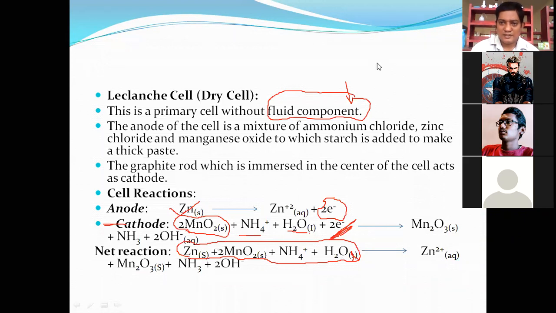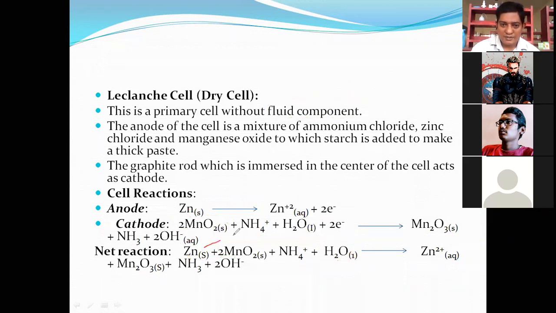You see here. Now we'll see the reaction, right? Which is oxidized? Zinc is oxidized. And which is reduced? Manganese is reduced. Then what is the medium? The medium is known to be acidic electrolytic medium. Now we will see the chemical reaction. In the chemical reaction, the zinc metal cap is oxidized. Loss of electrons is known to be oxidation. Manganese powder on the graphite rod undergoes reduction. Gain of electrons is known to be reduction.